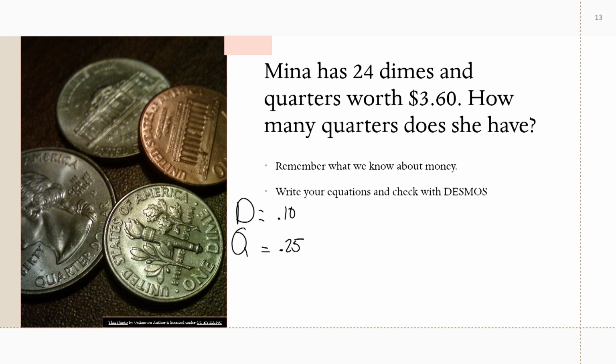So I'm going to say that my dimes are my X values and my quarters are my Y values. Now it says that my dimes plus my quarters equal 24 coins. Then it says that my dimes amount plus my quarters amount equal